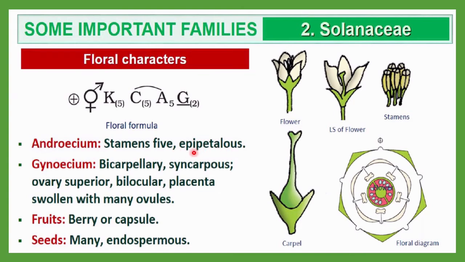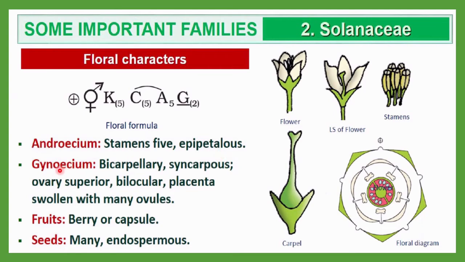And the symbol here you can see for epipetalous. What is the symbol of epipetalous? That means A is linked with the corolla. So this is an indication. You can see here also, and here also. By these 3 ways you can explain what is the epipetalous type of androecium.